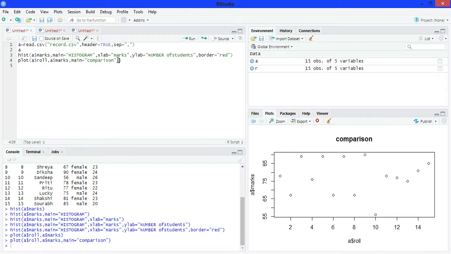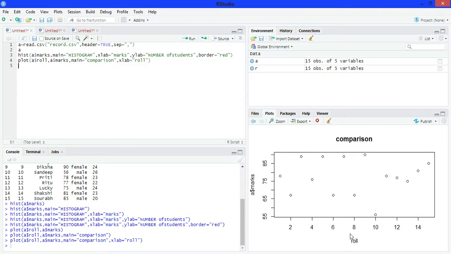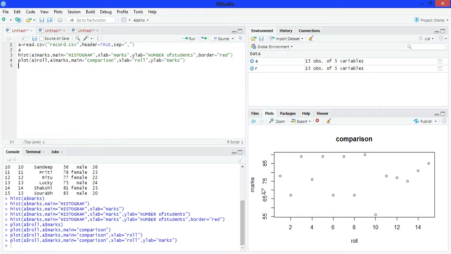We can also name the x-axis. Write here xlab is equals to roll. Run it. See, the name of the x-axis is roll. Now if you want to change this, then write ylab is equals to marks. Run it. See, marks.